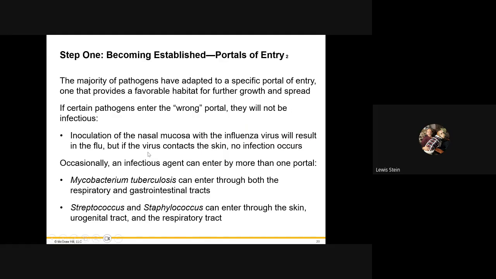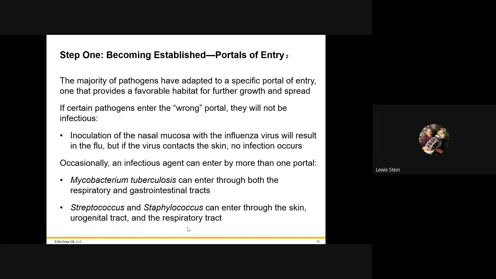So this is what they're telling. Same thing I'm saying. Some things can get through different ways. Even though tuberculosis is almost always respiratory, conceivably it could get into the gastrointestinal tract. I mean, here, staph and strep, there's other areas where they can get to. And it all depends. And again, I don't know if you say it 1,000 times: hand washing, hand washing, hand